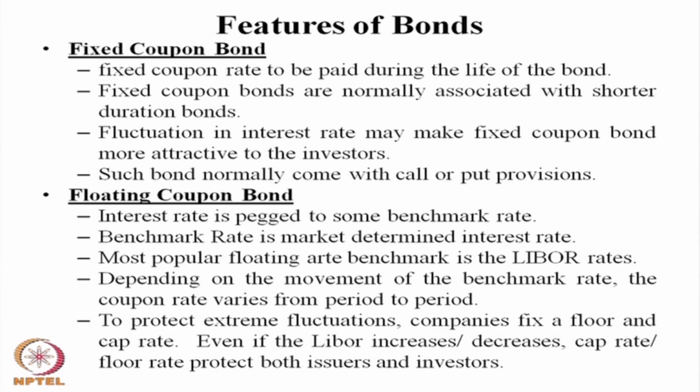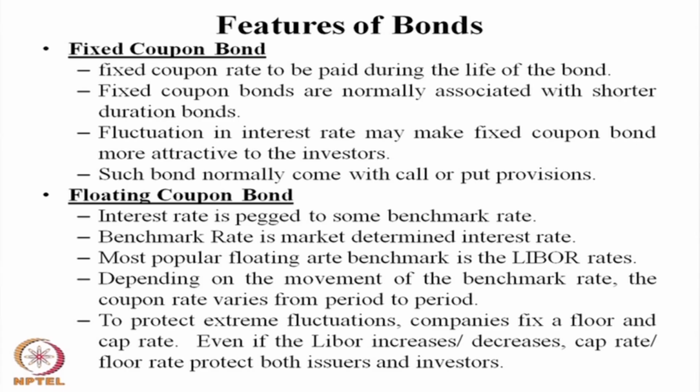If the LIBOR increases or decreases, the cap rate and floor rate protect the investor, the purchaser of the bond. Because of this, despite the floating coupon rate being pegged to a benchmark rate that itself fluctuates, excessive fluctuation on either side is generally arrested or controlled by fixing a cap limit and a floor limit for the floating rate coupon payment. And at present almost 90% of the bonds are being issued on a floating coupon basis